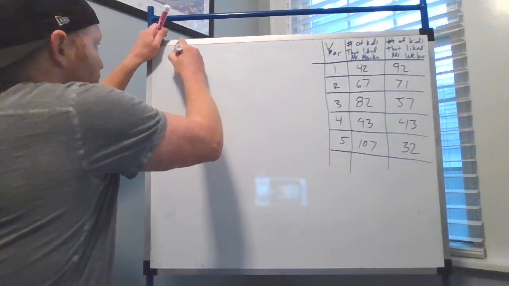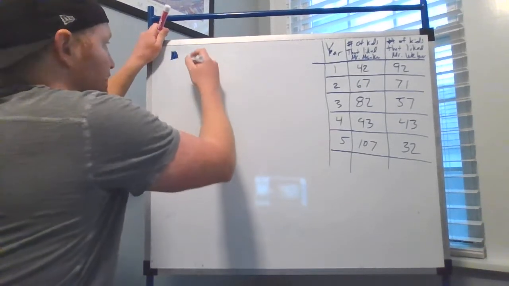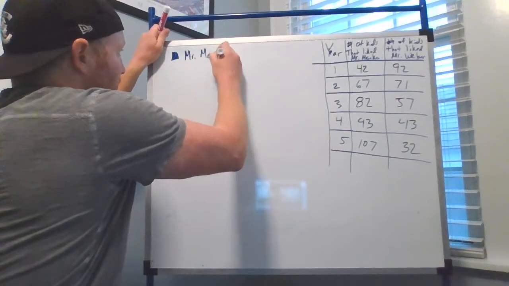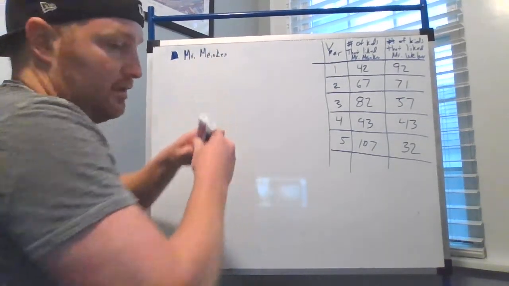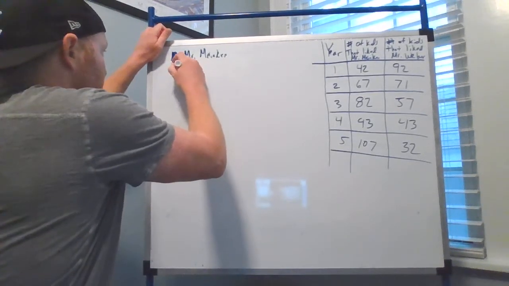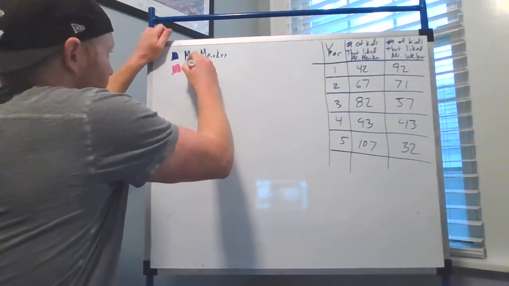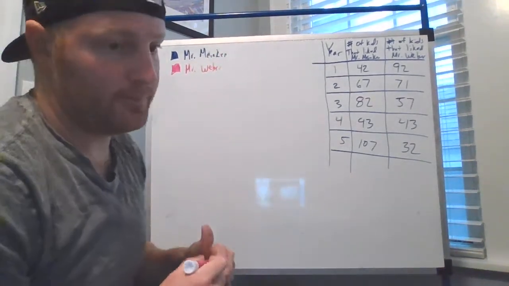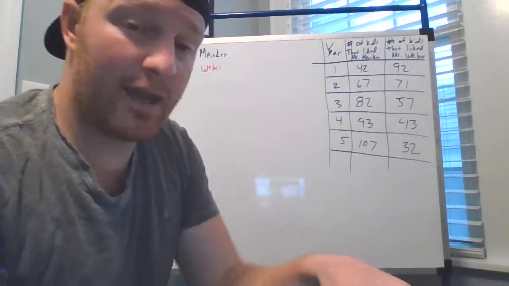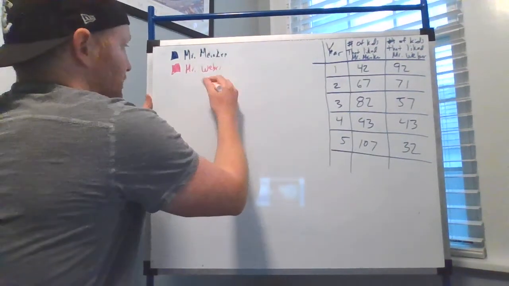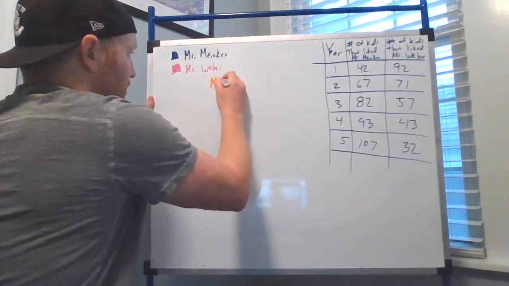This is Mr. Mikan, and then when I graph my data, this is going to be Mr. Weber. Okay? And you can title this, always get creative and have a little fun with this, but title this